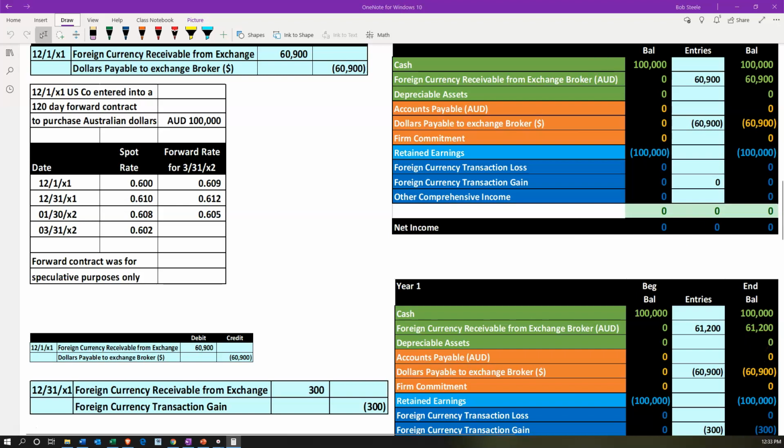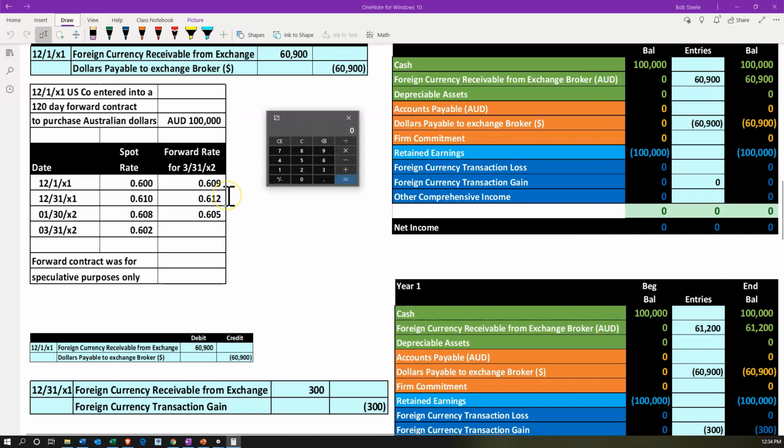So how do we get to that journal entry? We would take the 100,000 that we're going to receive in Australian dollars, and we're going to speculate that we're going to receive it on 3/31/X2, and the current date is 12/31/X1, so the forward rate as of that point in time is going to be 0.612. That's going to give us the 61,200. We currently have on the books 60,900, so if I take the 61,200 minus the 60,900, I get a difference of $300. That's going to be our journal entry,